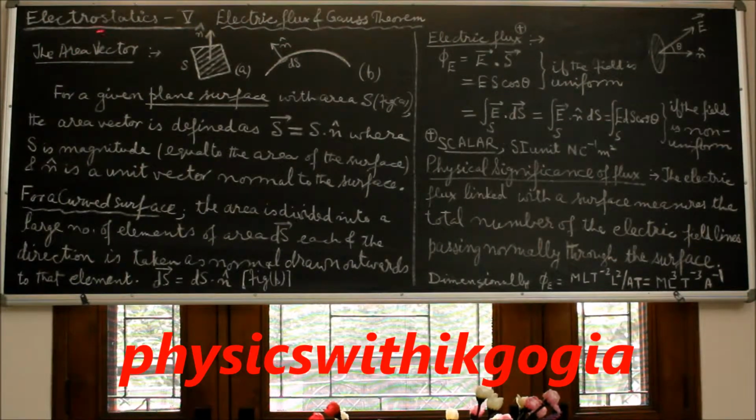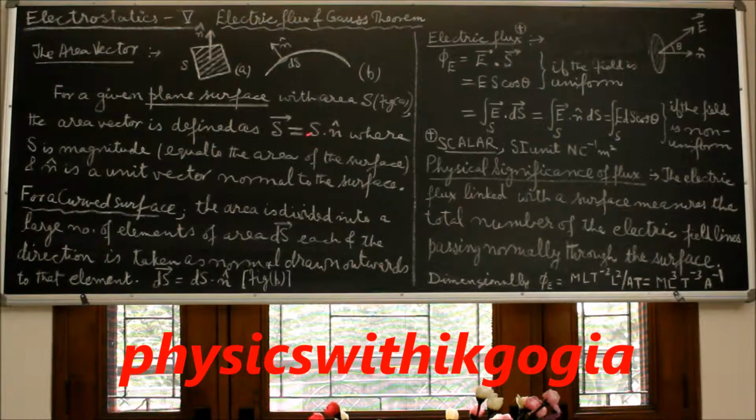In this video titled Electrostatics Part 5, we will be studying about electric flux and Gauss theorem. Before we talk about electric flux, let's understand a term, the area vector. For a given plane surface with area S, see figure A, the area vector is defined as S vector equal